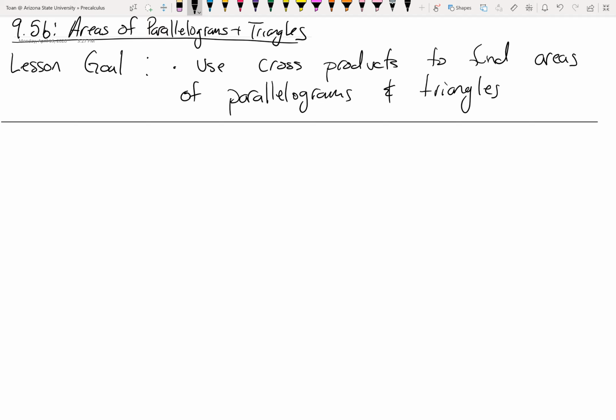So one thing you can do with cross products is to find areas of particular shapes, in this case parallelograms, and by extension triangles. Triangles, after all, are just half of parallelograms. How is that possible? Well, I first want to recap